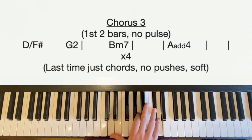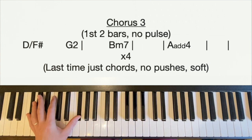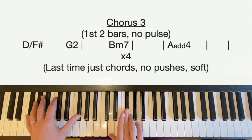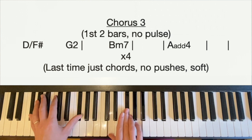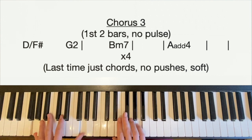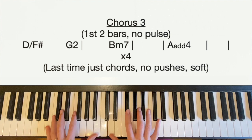We're going to cut it down to a piano, so really soft. We're going to still play octaves in the left hand, but we have to be really soft on that. We're going to play a D major chord, D, F sharp and A, no octave this time, so smaller voicing. F sharp's in the bass, so it's D over F sharp. Then we're not going to push these chords now, we're going to play them on the beat. So it goes 1, 2, 3, 4, the G2 on beat 1, 1, 2. B minor 7 we're going to play with a full octave,